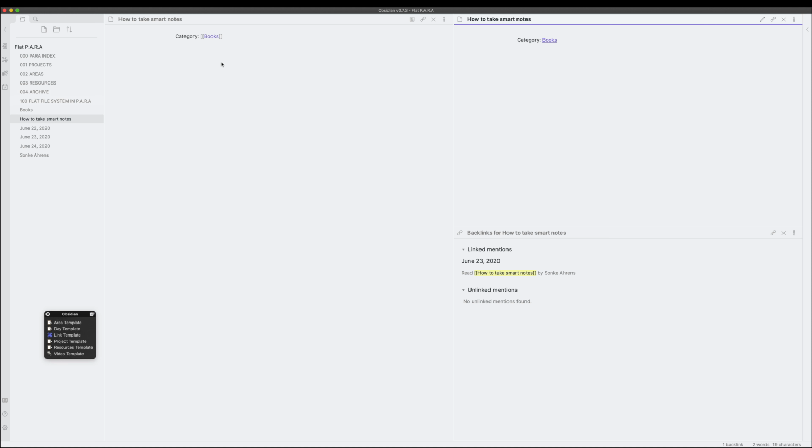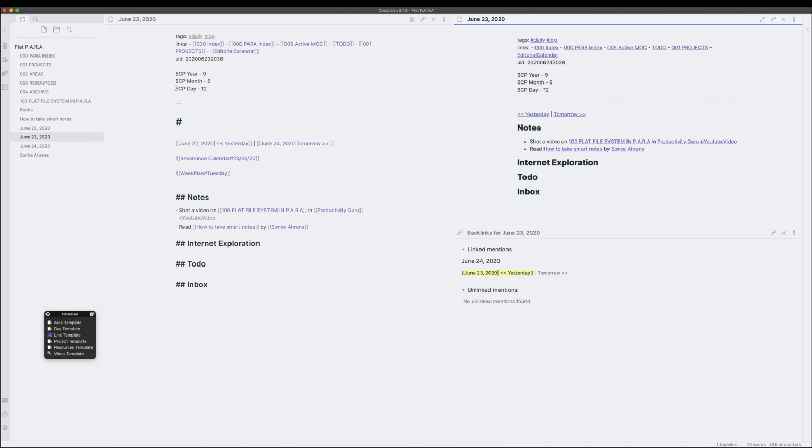And I can have a summarization of the book, How to Take Smart Notes, here. So I think by now you're getting an idea and a clue on how just writing everyday notes is connecting and interconnecting and creating a database for you. Automatically, by doing these things, we start filling in our projects, areas, resources and archives.